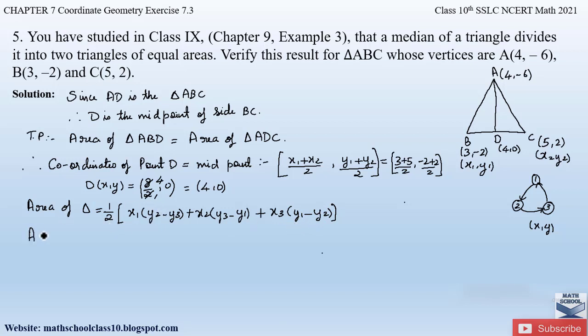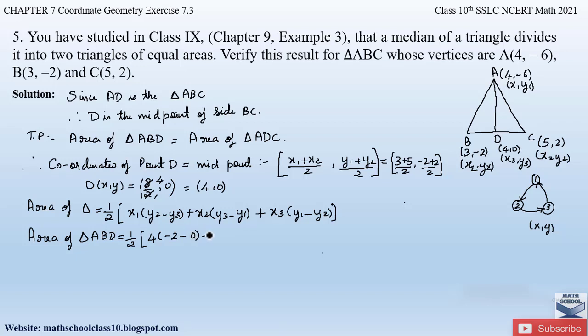So first we will find out the area of triangle ABD. Here let us assume point A to be (x1, y1), point B to be (x2, y2), and point D to be (x3, y3). Again, the coordinates should be taken in a cyclic manner only. So, half into, substituting the values, x1 is 4 into y2 minus y3, so y2 is minus 2 minus y3